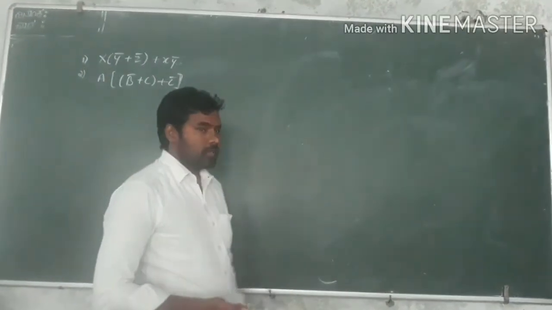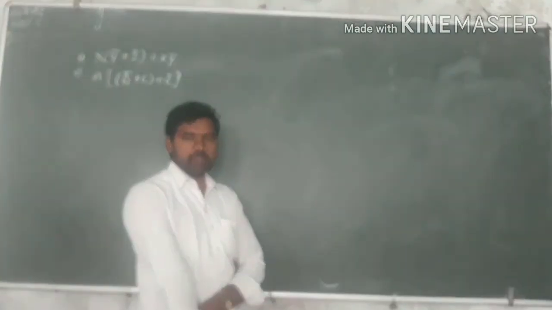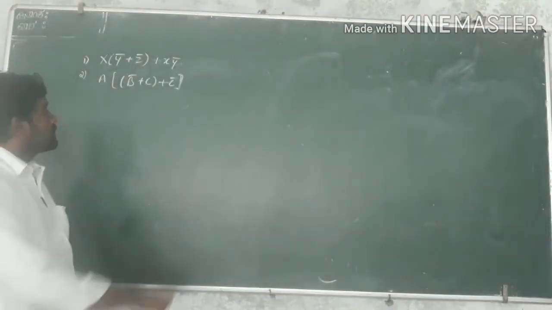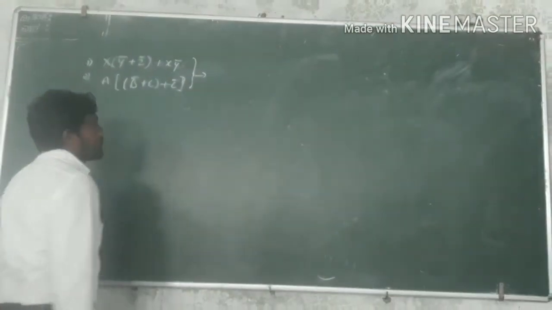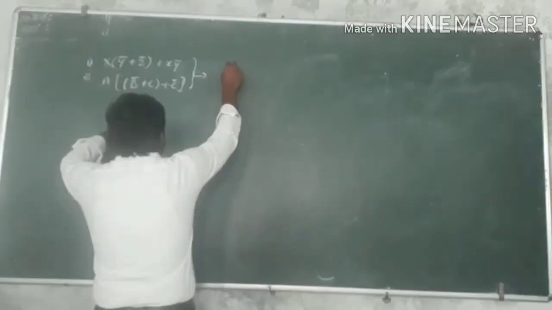Welcome to online classes. Today we'll go for Boolean algebra. Already in the previous classes we completed one problem over here. Today we'll see that the problem can't be here. So today we'll go for this one. These two problems. Actually I have given the assignment for these two problems over here. So today let us go for how to solve this problem.